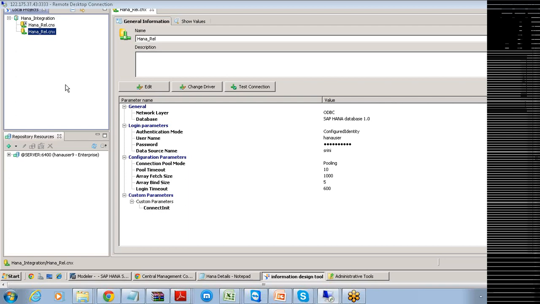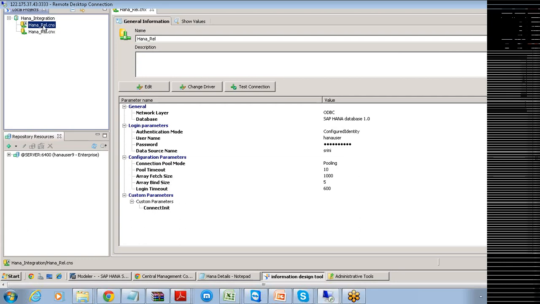Okay, the secured connection is created with the help of the extension .cns, not .cnx. That is the secured connection. And then .cnx is your local connection, unsecured connection. Now, the other work I am going to do is going to be based on your .cns extension, but not your .cnx extension basically.